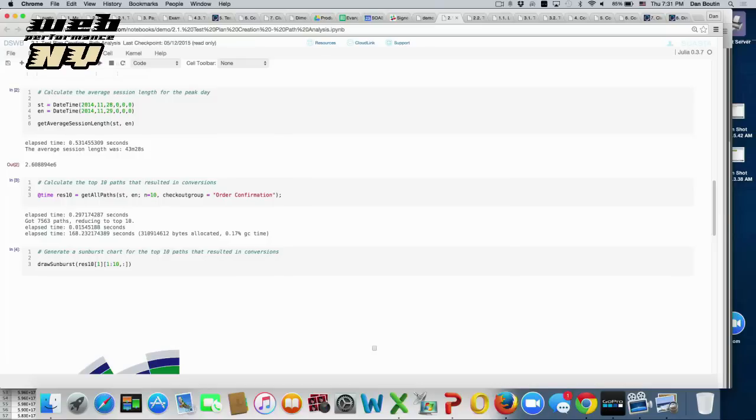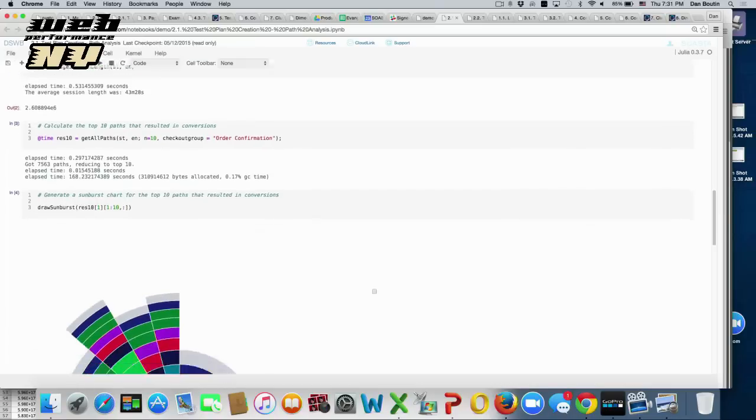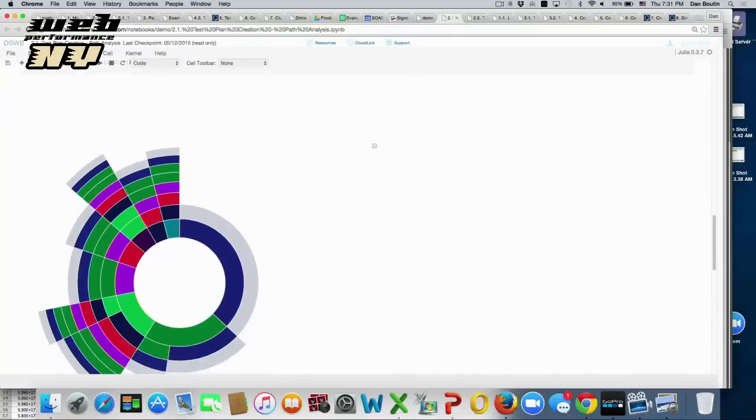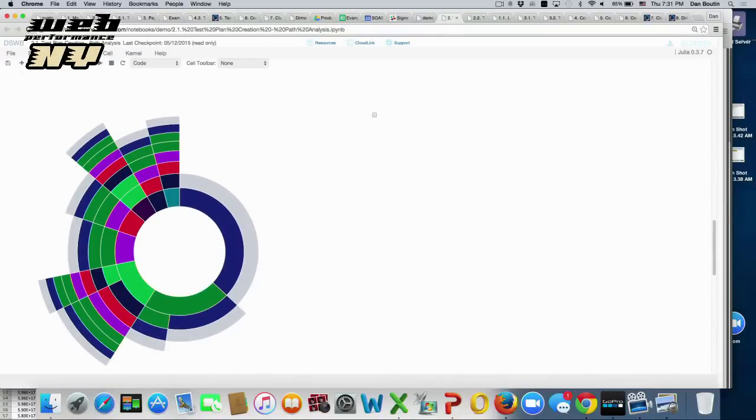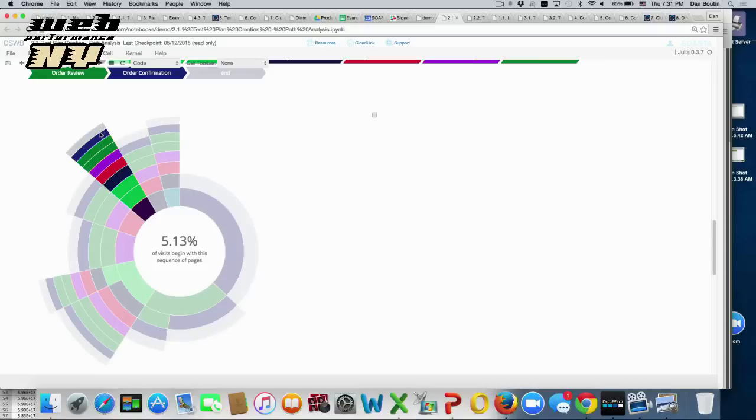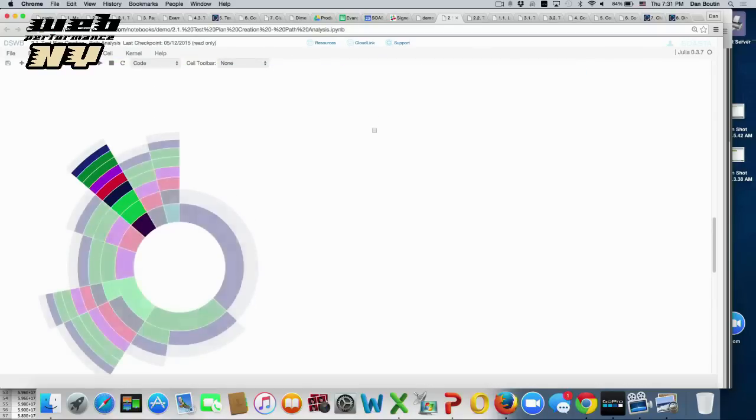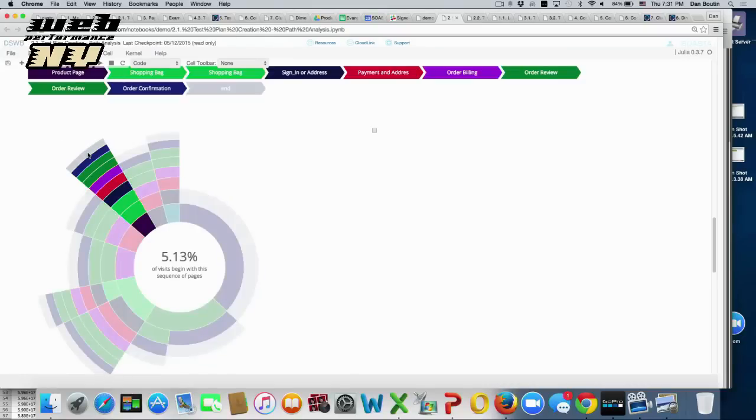So what we did is we actually ran some of the data and said, hey, from a conversion standpoint, how are people converting when they go to the website? And so what we found, so this is an example, it's called a sunburst chart, but these are the paths to conversion. So like this path right here, if I scroll up just a little bit, you'll be able to see that the entry path for 5.13% of the conversions was from this path,